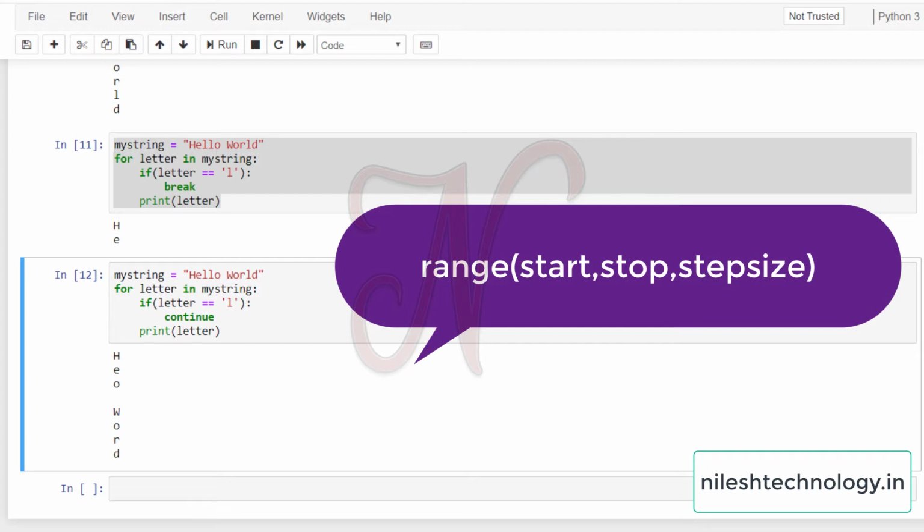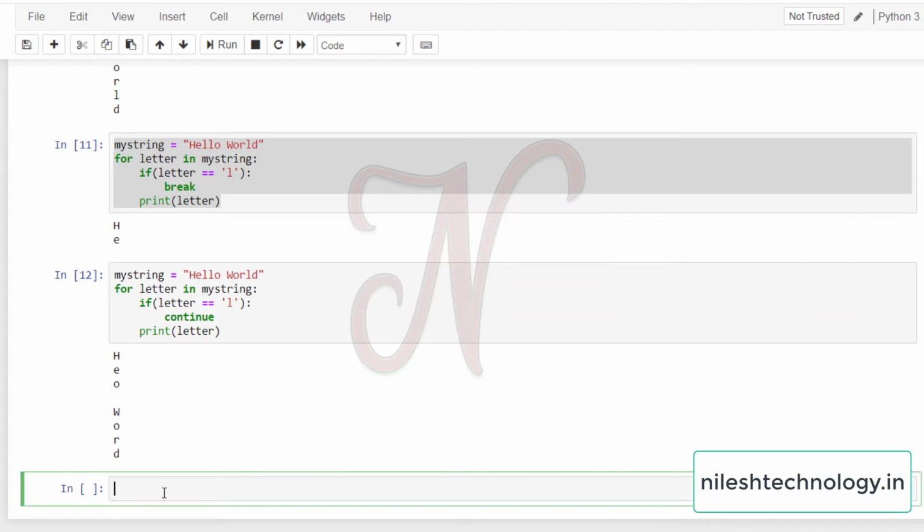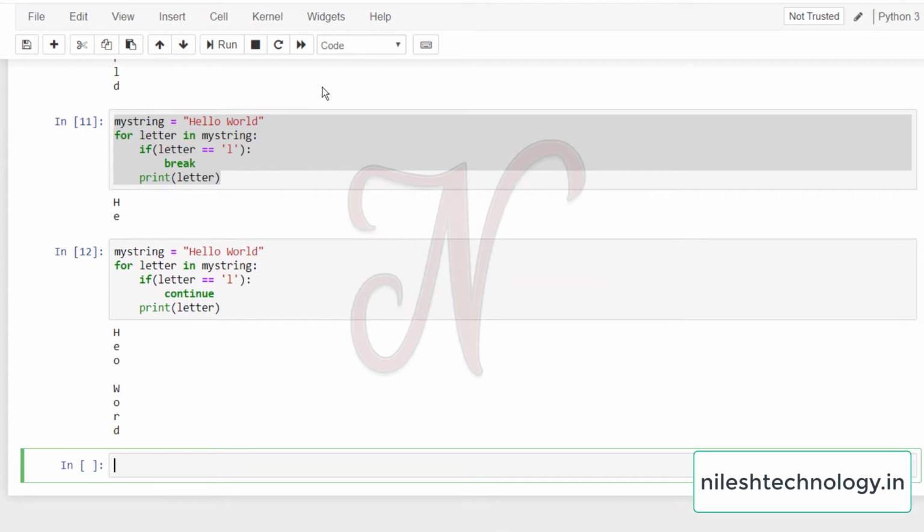Let's jump to the notebook to explore this concept. See here one example. First we will give the title of this topic: useful operators.